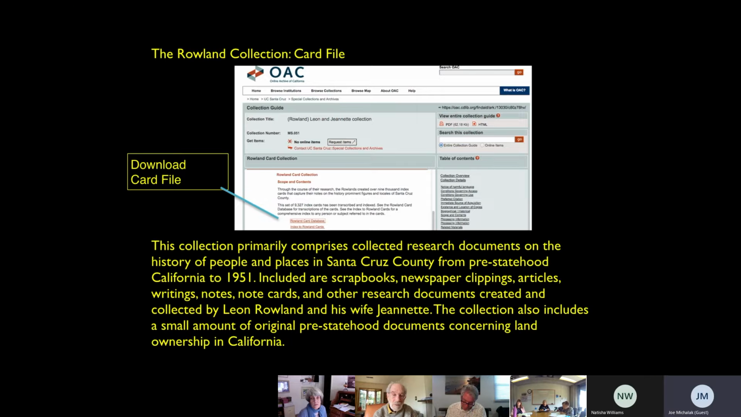So if you're really stuck, or you go there anyway, you really want to find out as much as you can about an individual, you go to the Rollin card file, download it, and search it. It's really easy to do. It's a PDF, you can search it. It shouldn't be a problem. But there's a lot of little tidbits about individuals